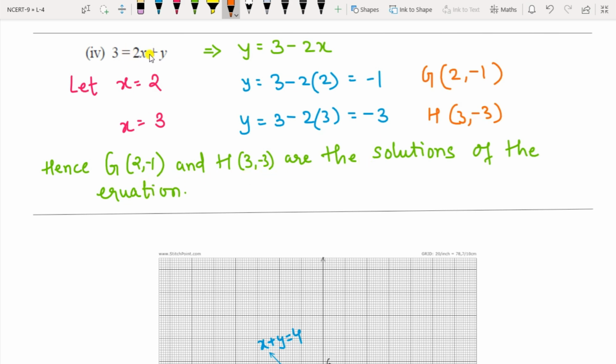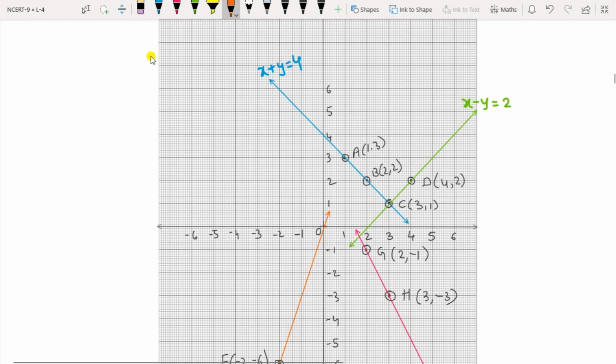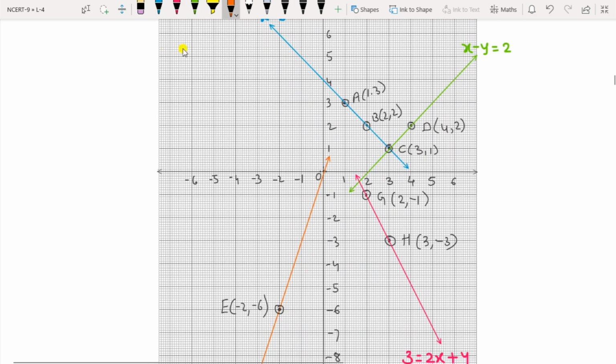Now for all the 4 equations, you have to draw the graph. See here I have drawn the graph. This is x-axis and this is y-axis. Okay, write the numbers. One box equal to 1 centimeter each. On the left hand side it should be negative and on the right hand side positive for x, and for y, above the 0 which is the origin, it should be positive, and below the 0 it should be negative. You know how to draw this graph.